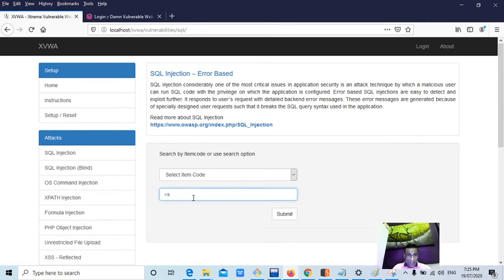Now if I execute script alert document.cookie, what happened?